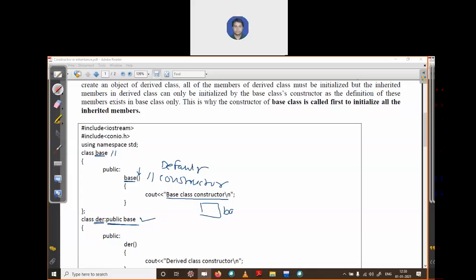So there is a class base and it derives a class der, and there is a relationship between these two classes as inheritance. Whatever properties the base class has, the der class will acquire. So you establish the relationship between two classes.